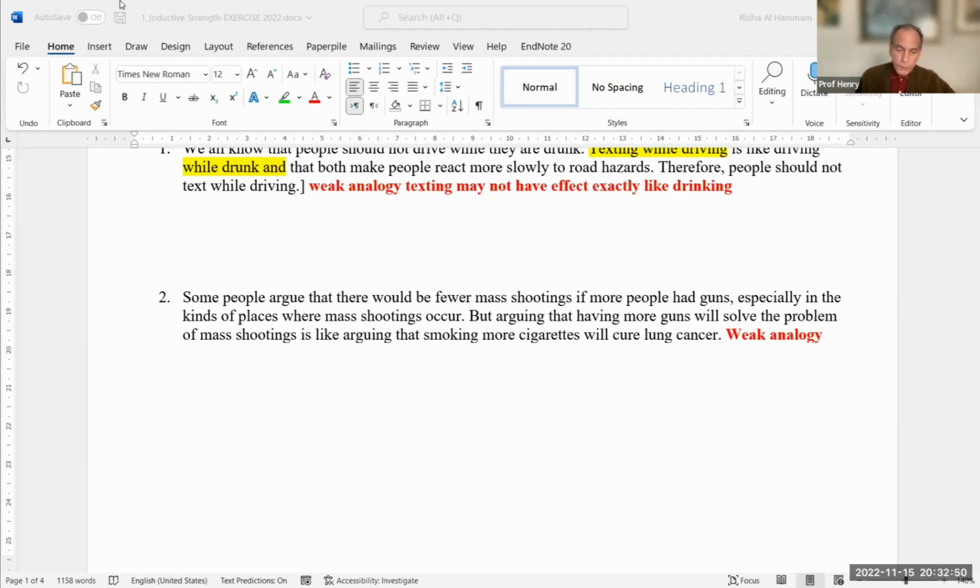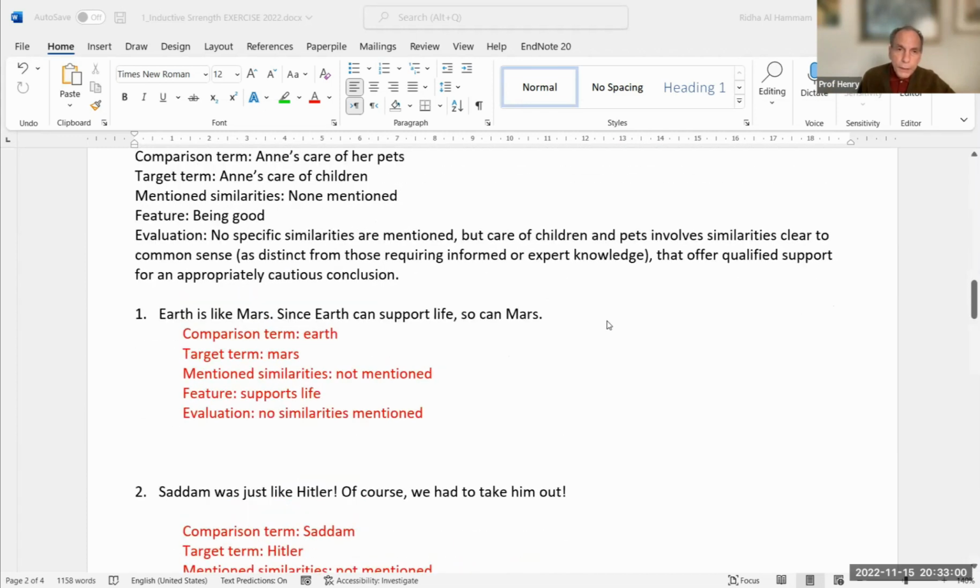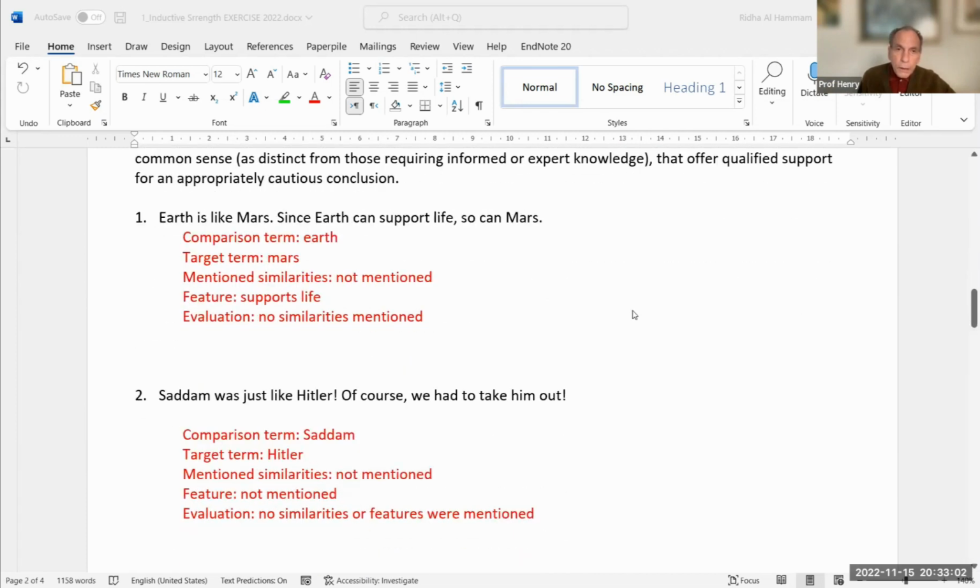So why don't we just go over a few of the next ones? Earth is like Mars, since Earth can support life. So what did you say? Right, similarities not mentioned. It's the feature, supporting life. You could say, well, in what way is it like? Well, you could say they're both round. Just like the famous analogy that Fraser brought up,